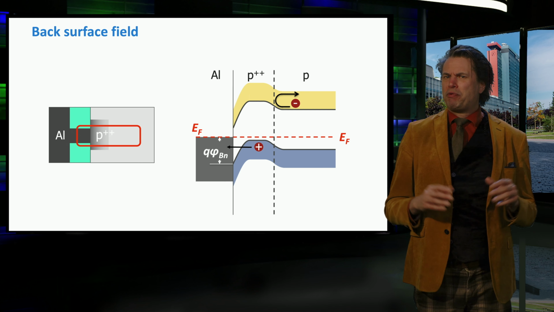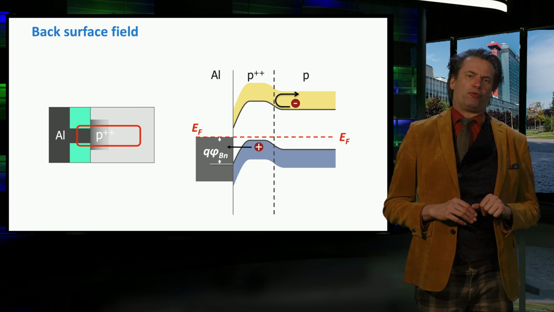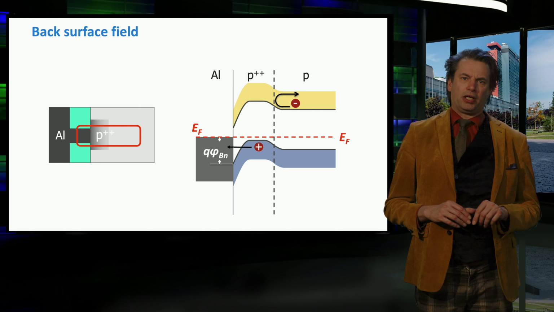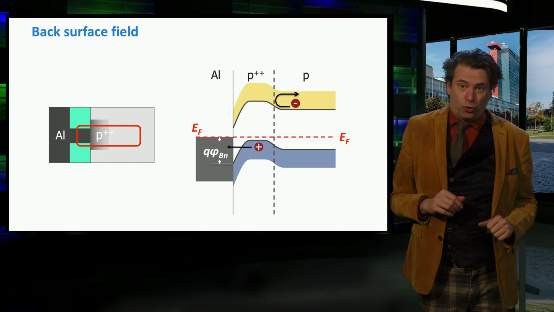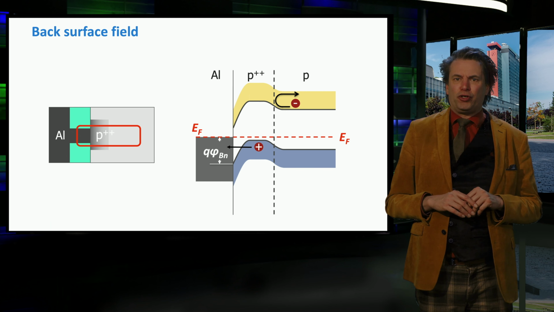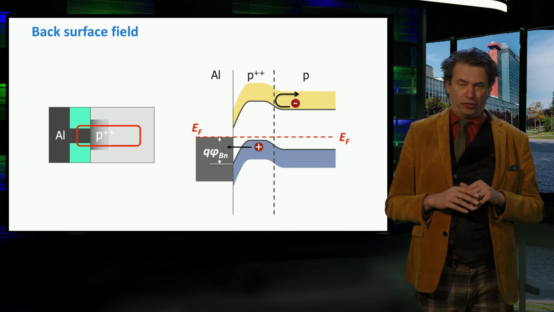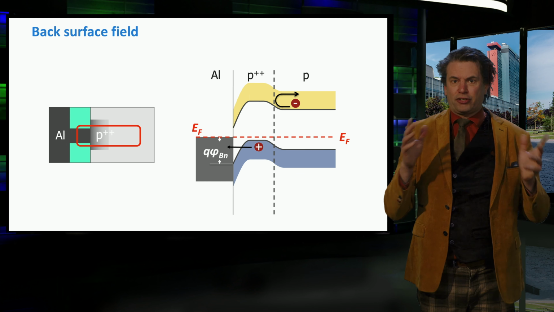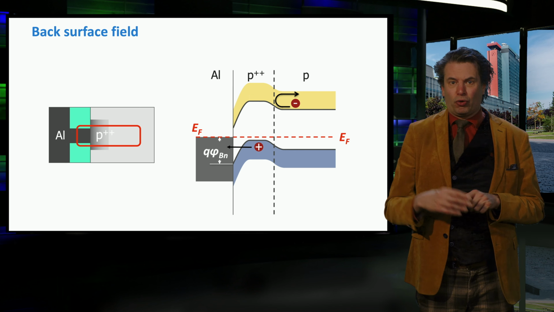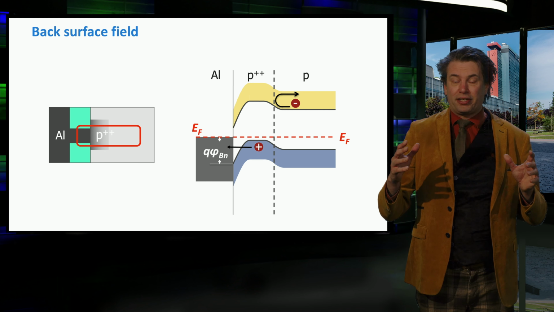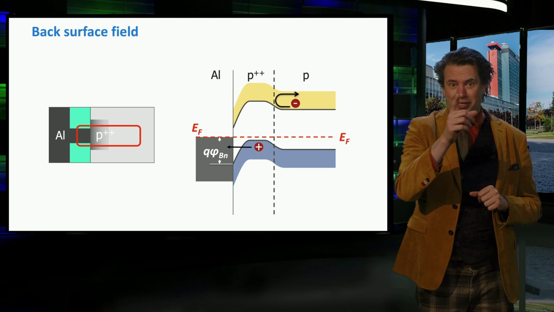In the next video we will continue our discussion on the design rules of the crystalline silicon solar cell. We will discuss metal contact grid and the design rules for reduction of optical losses. The electrons are collected at the contacts. So let's look how the contact grid looks like. See you in the next video.